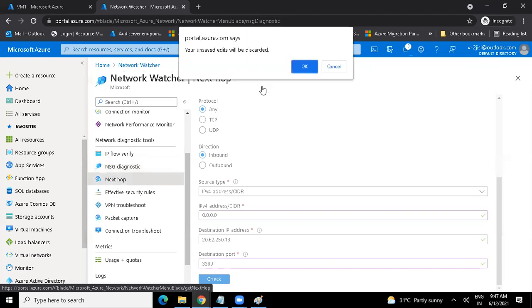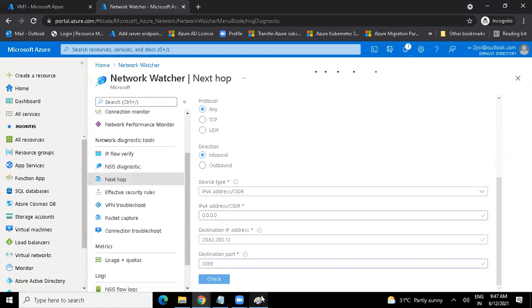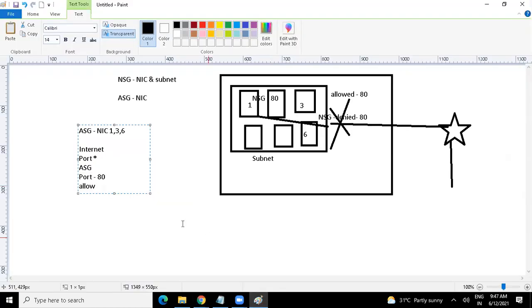Now, next stop is, I hope you remember the firewall lab. In the firewall lab, we configured the UDR, user-defined routing. In UDR, what we did, there was a machine inside the network. That machine was able to communicate to the internet. Then we said the machine should not be able to communicate to the internet directly. Whenever the machine is going to the internet, it should go via the firewall. Firewall was acting like the next hop.